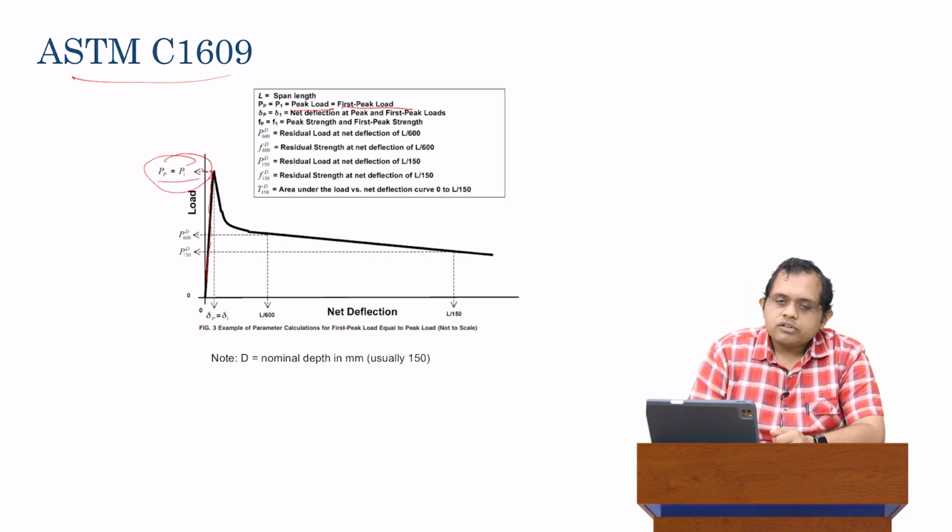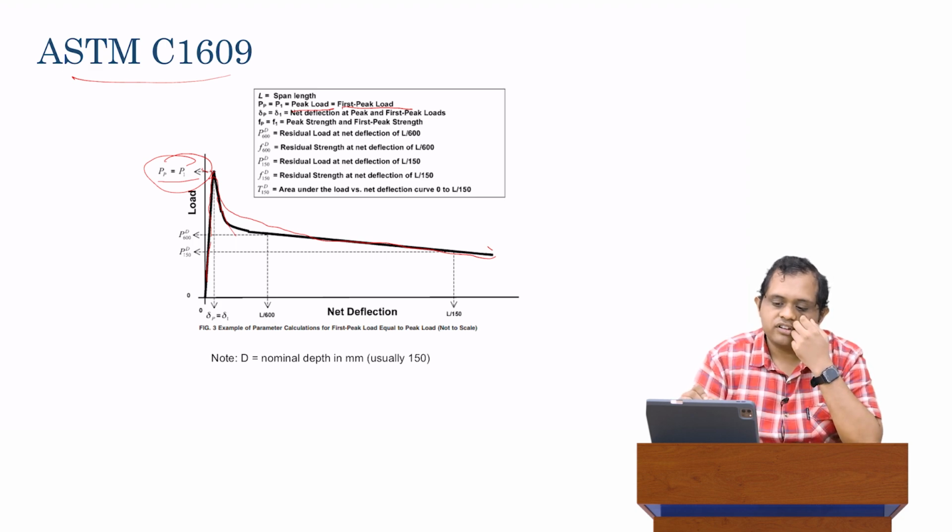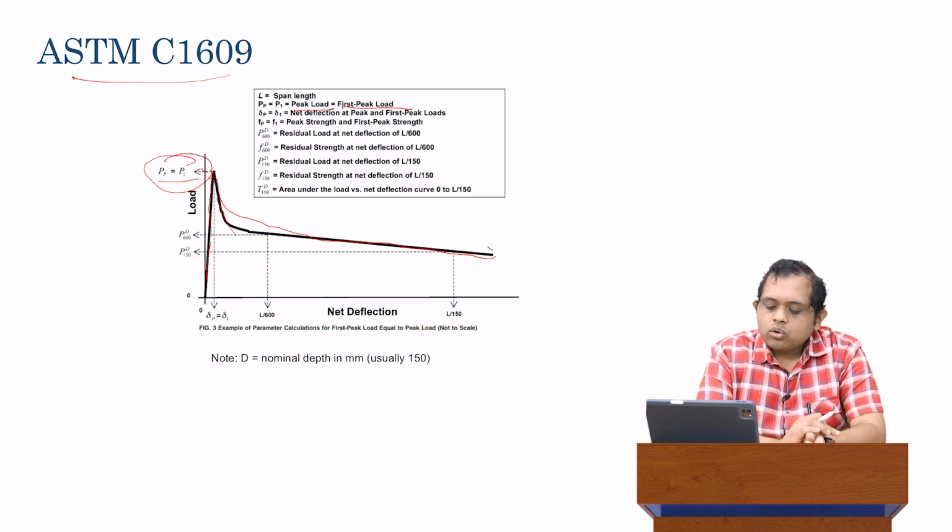But again, we are interested in the post-peak behavior. So we look at the behavior after the peak, and this is what it might look like. This is a schematic example: you have a gradual and relatively long decline in the load as you keep applying a particular amount of displacement. Now, what the code actually tells us is to look at the load at two particular values